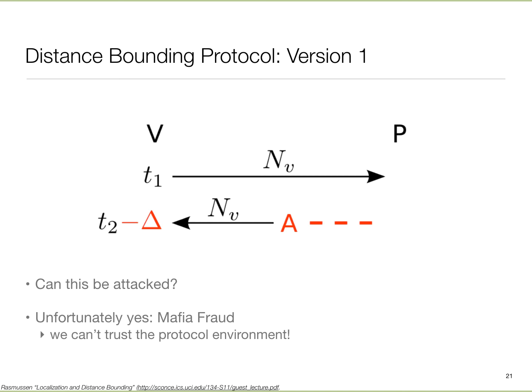But it still has an issue, which is that a collaborating party can act on behalf of the prover. The prover is actually far away, but some sort of attacker or a proxy closer can pretend to be it. It's like, let's say there is an automated attendance system, and then my friend carries my device or fakes it. Using this kind of collaboration, what is called mafia fraud, these systems can be attacked.